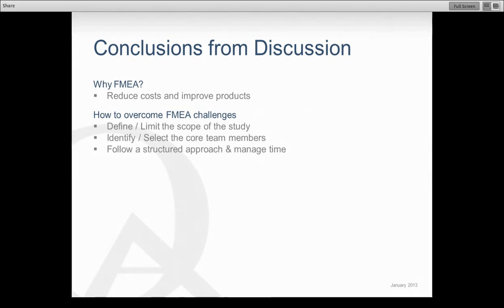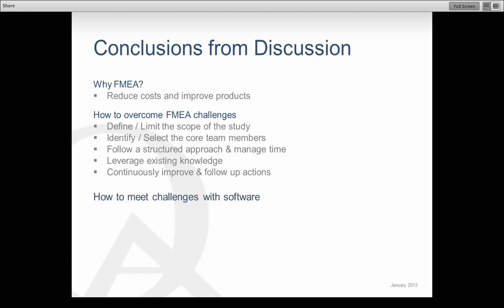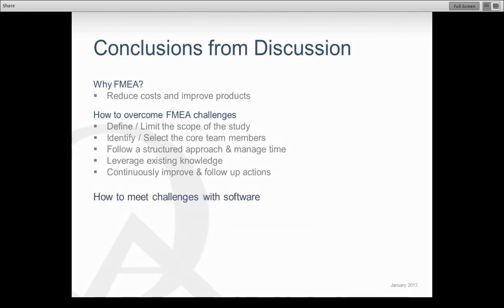We talked about a couple different approaches, both of which were structured, but the second of which might be more beneficial in terms of productivity and managing time when you're creating an FMEA, to use the column by column approach. We talked about how to leverage existing knowledge and also the importance of brainstorming. And we talked about continuous improvement and following up open actions. We also discussed how to meet those challenges with software, and we talked about the advantages of using a spreadsheet